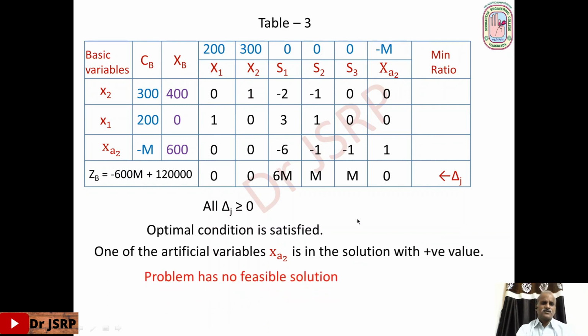Why? What is an artificial variable? We add the artificial variable to the equation, and that violates the equality of the equation. To compensate, in the final solution that artificial variable must be 0. Suppose it is not 0 but positive. To maintain the equality, at least one of the other decision variables must be negative. That means the solution is infeasible. So in this case, the problem has no feasible solution.